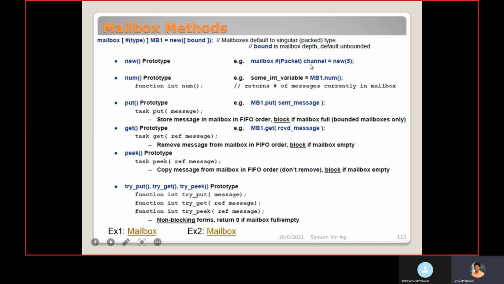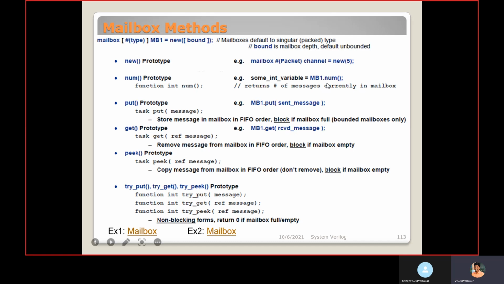It's a parameterized mailbox. Channel is nothing but the mailbox handle. Then new of 5. It can hold 5 values, 5 packets, you can say. Then num is a prototype function available. We call mailbox.num.